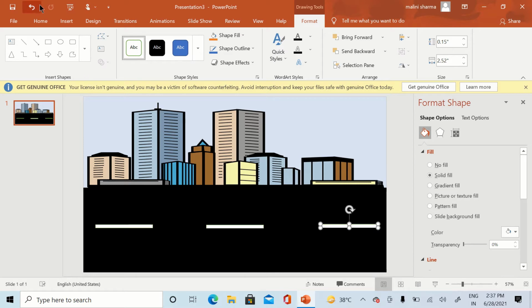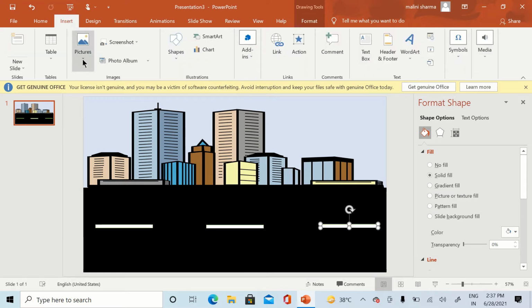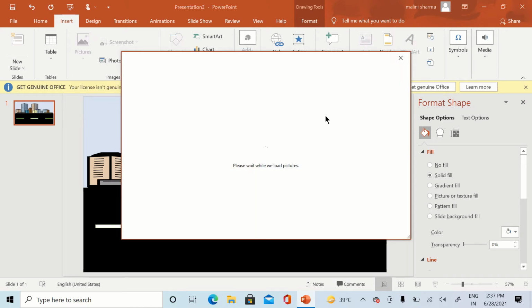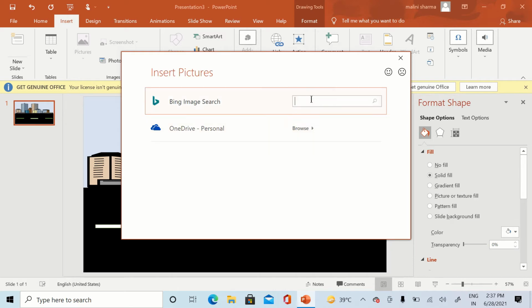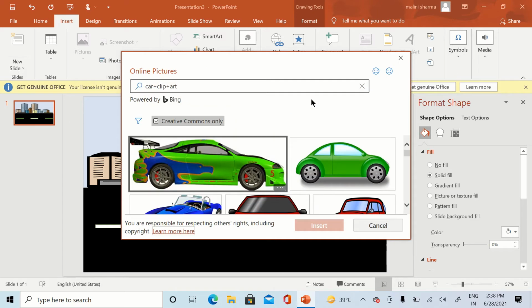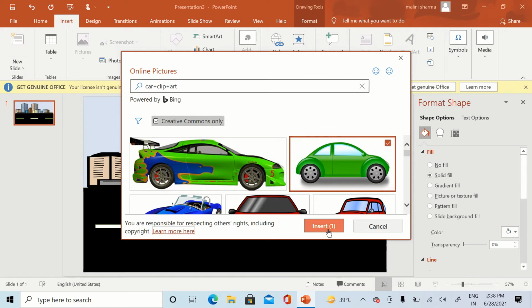Now we are inserting some pictures of a car. So we will write here car clip art, because we don't want backgrounds with the car. So first I am selecting this one.